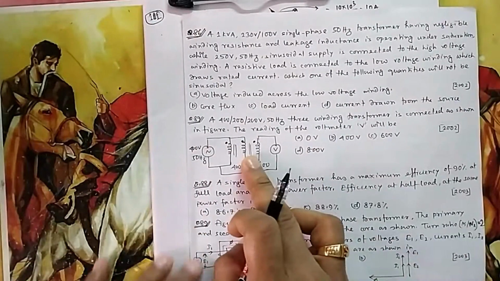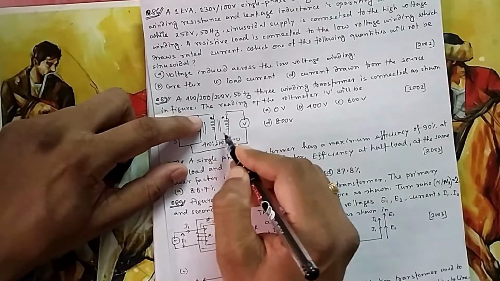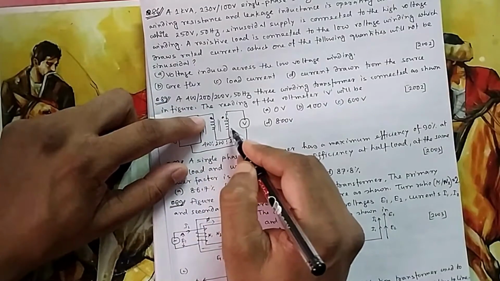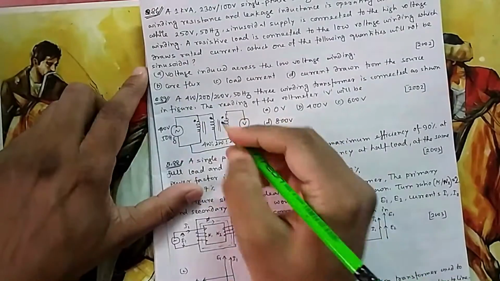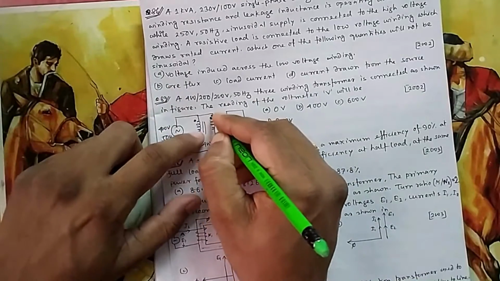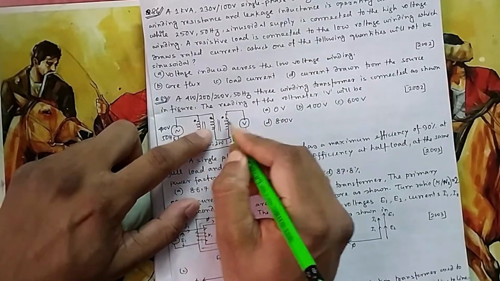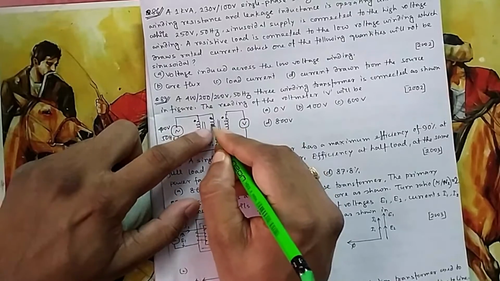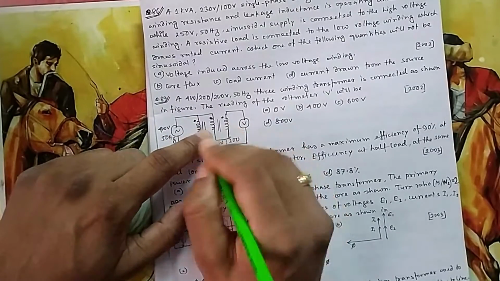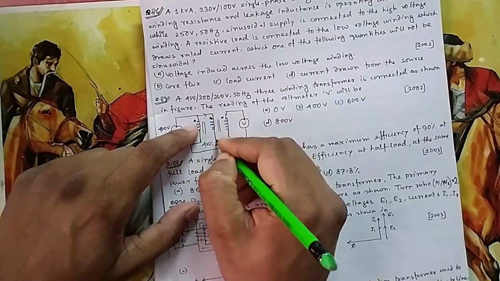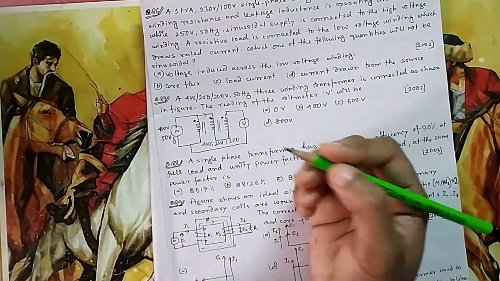Now this may confuse you. Here, sir, how it came: this is plus minus and this is also plus minus. Because I told you, you can see it is not transformer action; it is the same current that is flowing. Here the current is not due to mutual induction. Because it is a series connection, the same current will flow here. So in that case your transformer action will not work.